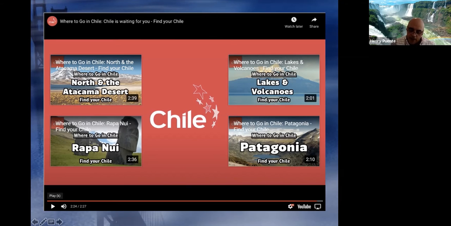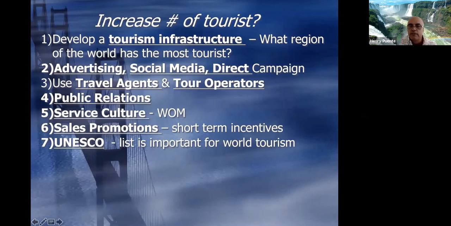So this is a great campaign put on by Chile, trying to bring more tourists to Chile. It really is a pretty cool place. If you've ever been, Santiago is super cool. I've only been to Santiago. I haven't been to the rest of the country, but it definitely is on my bucket list. Especially the tip of South America seems to be really interesting.